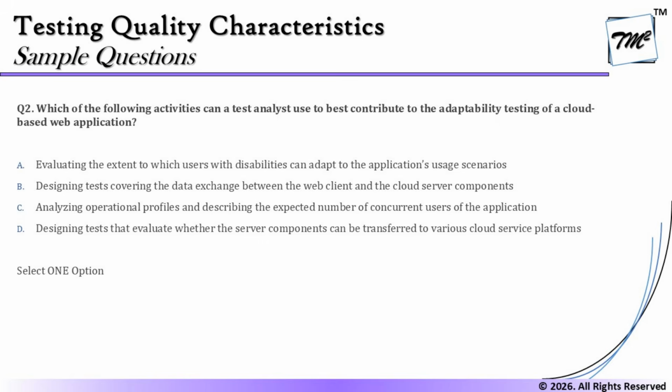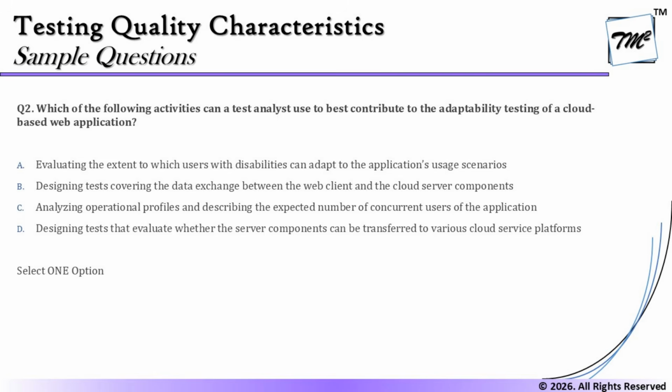So option B is talking about interoperability, whereas option C says analyzing operational profiles and describing the expected number of concurrent users of the application, which again is certainly not the one, because that is what we discussed in the load testing and scalability testing of a system. Because we're talking about operational profiles and how many users it can handle. So of course, that does not come as a part of adaptability, but goes in line with performance testing, which is scalability testing. Then we are left with the last option, that is D,